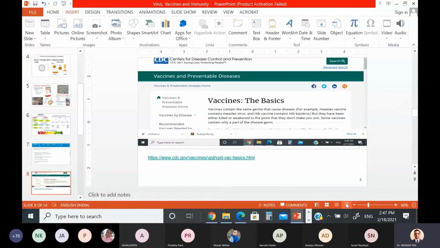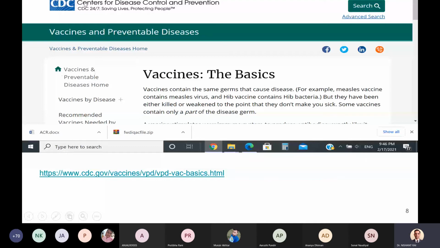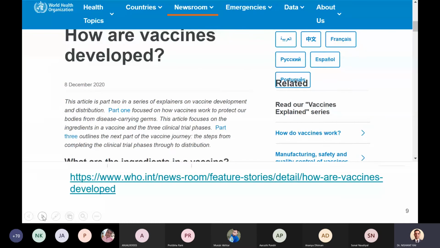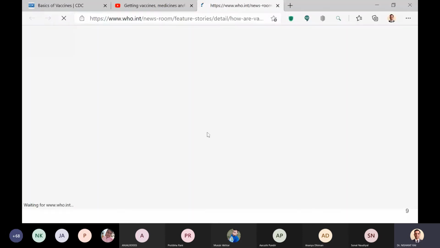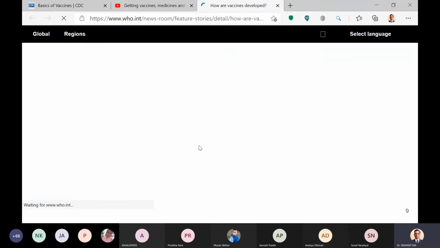If you visit the CDC site, that is the Center for Disease Control and Prevention, you will find different aspects of these vaccines: what vaccines are, how they are prepared, and the concepts behind preparing them. Taking this, I've chosen this slide from WHO, how vaccines are developed. And if you open this slide, you will find